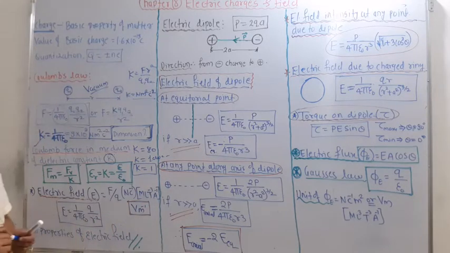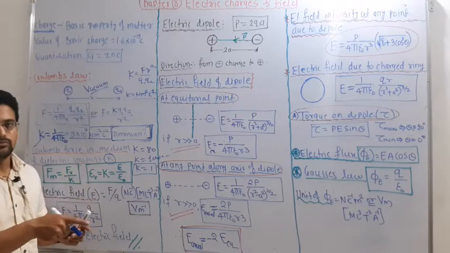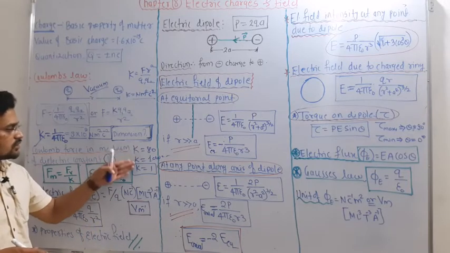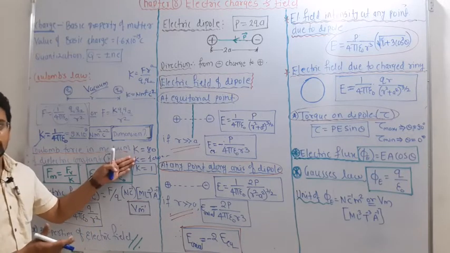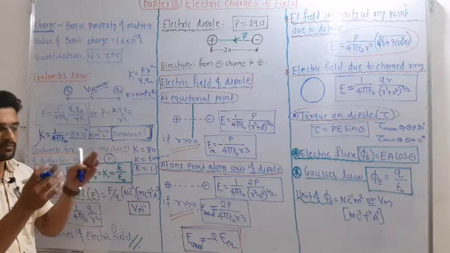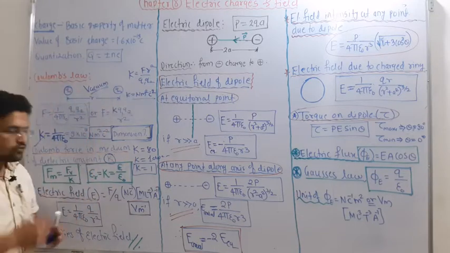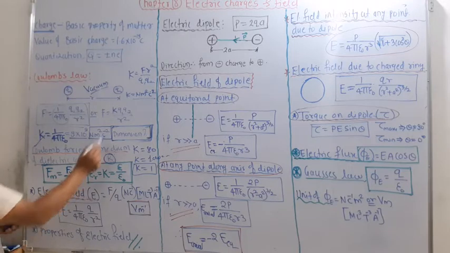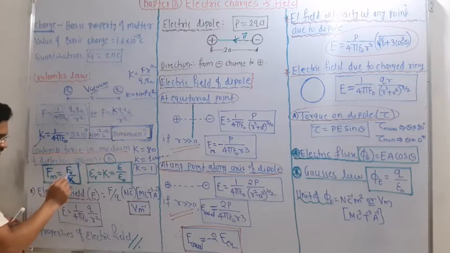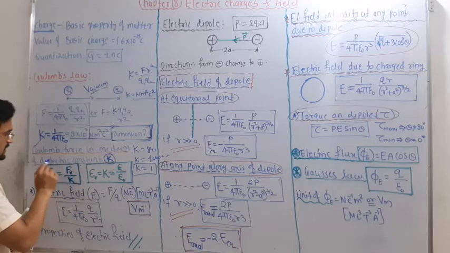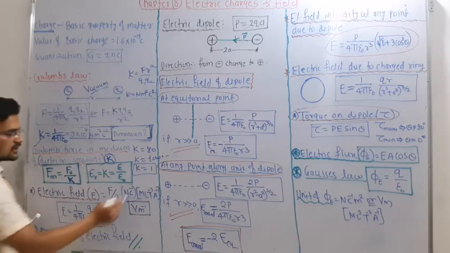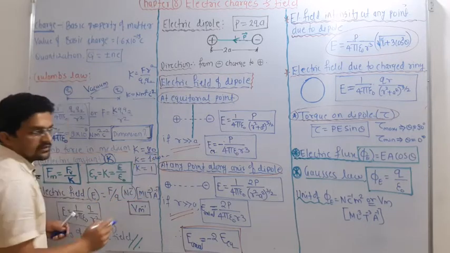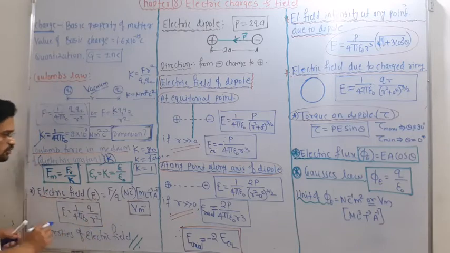So the electrostatic force is maximum only in vacuum. If you change the medium to water, paper, plastic or anything else placed between the two charges, the force decreases by the factor k. So the force in the medium equals the force in vacuum divided by k, and this k is different from the earlier k; it is the dielectric constant of that medium. For water it is 80, and it is a unitless quantity.